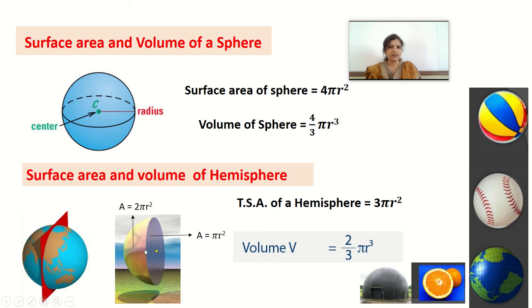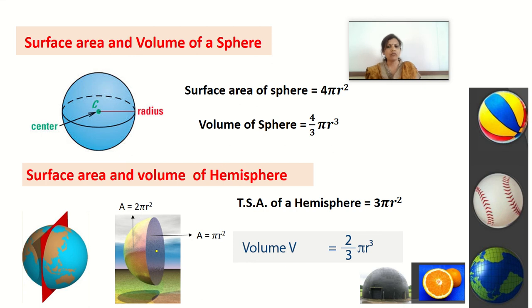You can see there in the figure that this part is circular in shape, its area is pi r square, and the hemisphere, the upper part, that's 2 pi r square, because we know that surface area of a sphere is 4 pi r square, and half of that is 2 pi r square, that's this part. So if we combine this part and the circular part, we get total surface area of hemisphere, and that is equal to 3 pi r square.